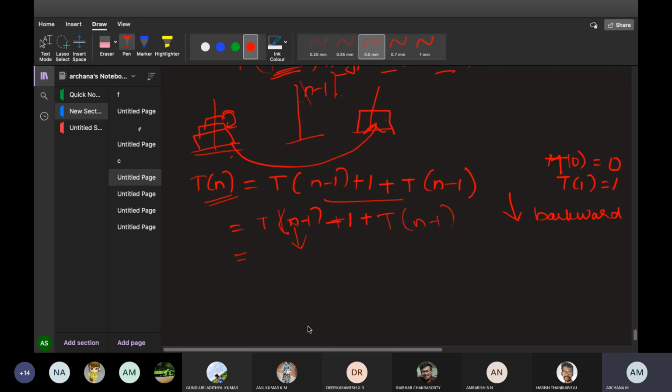Okay, this is the formula and this is the homework for you in today's class. You people have to solve this and you have to show me finally what case you will get. Okay, evaluate. Wherever n is there, substitute this whole formula and see to it that you substitute T of 0 is equal to 0, T of 1 is equal to 1. Backward evaluation. This is the mathematical analysis of recursion.